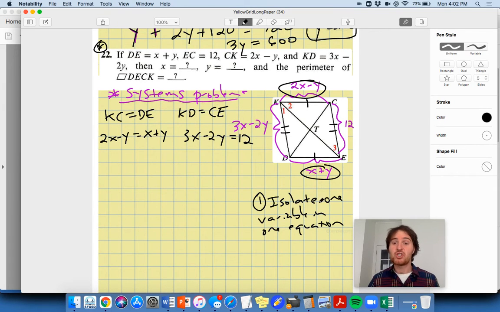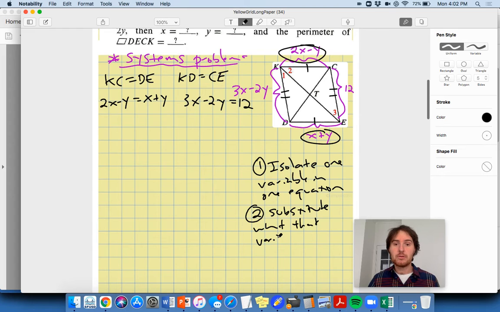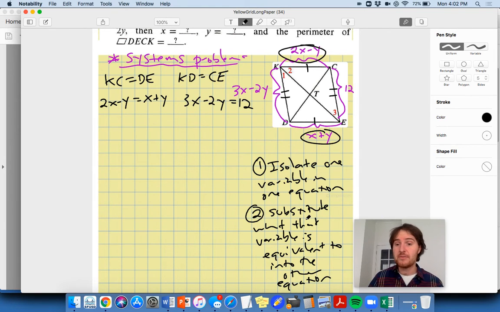Okay? So if I can get, say, y by itself in one equation or x by itself in this one, what that's good for is that I can then substitute what that variable is equivalent to into the other equation. Now, as a math teacher, it's very hard to give you those steps